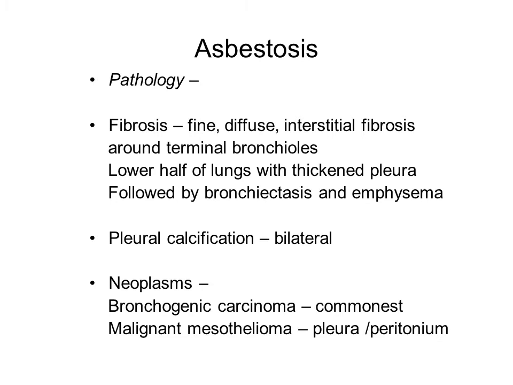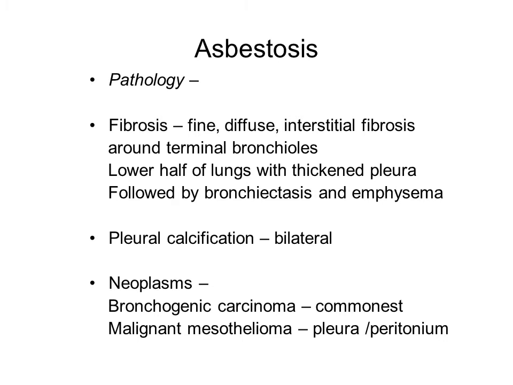Emphysema is present in both silicosis and anthracosis. Bronchiectasis is a feature of asbestosis. And pleural calcification, this thickened pleura, bilateral symmetrical pleural calcification, all point your diagnosis towards asbestosis.